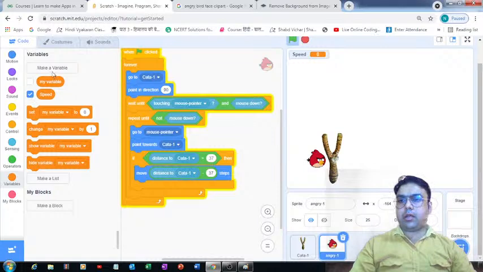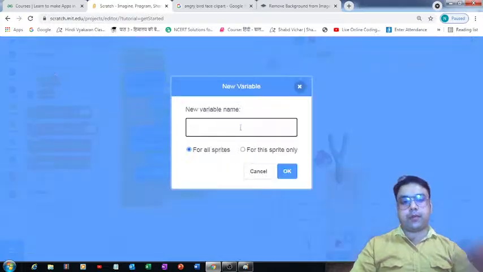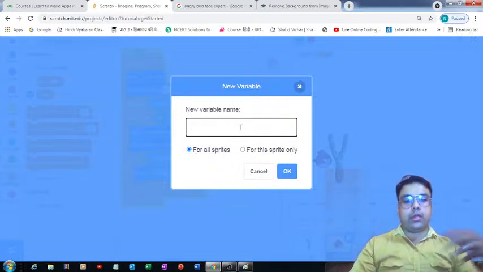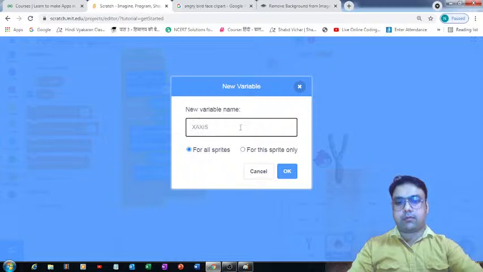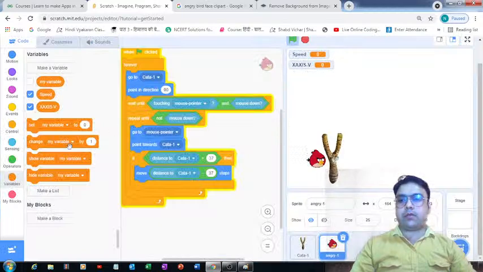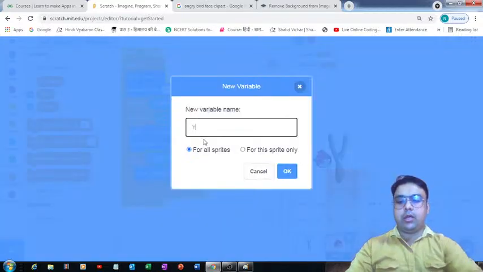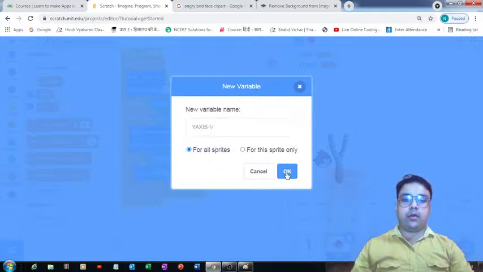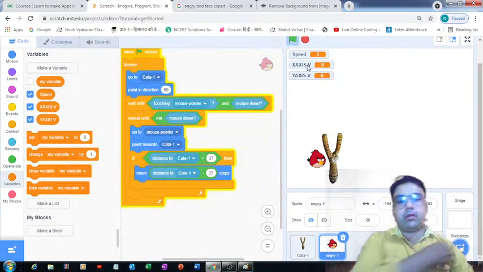Then we can again use this option for creating another variable with the help of which we can control the velocity of the Angry Bird along the x-axis. So x-axis dash v, velocity along the x-axis, and then again another variable for controlling the velocity along the y-axis, so y-axis dash v. Okay, so I'm done with defining three different variables.